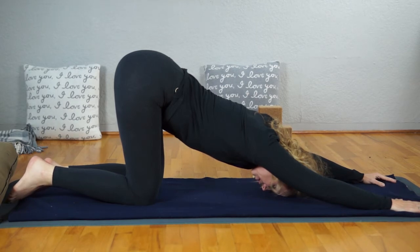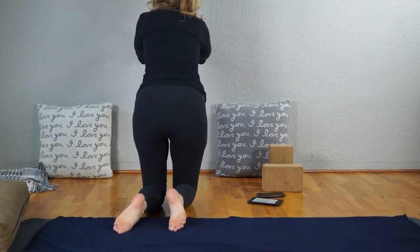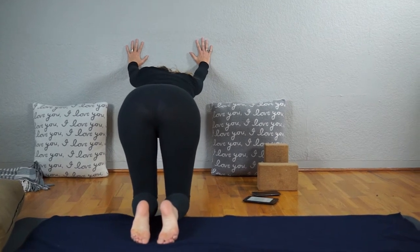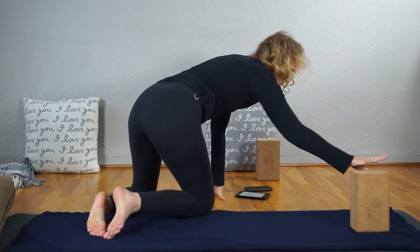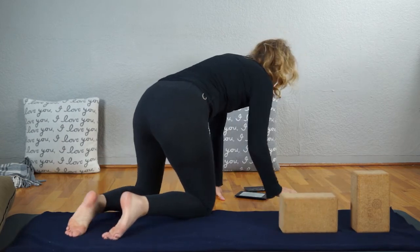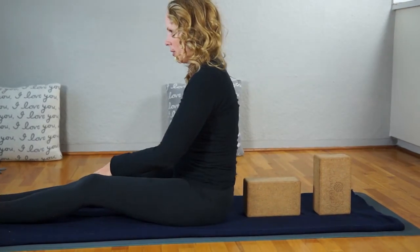So if it's just your neck that's an issue, then you can come and do the pose against the wall. This frees up your neck, but if you have shoulder issues, then it can still be hard on your shoulders. So then the option would be to use your blocks. And this way you can do it so that you're still getting that big chest opener, but you're not placing that strain on your...